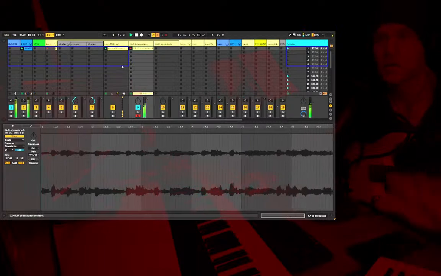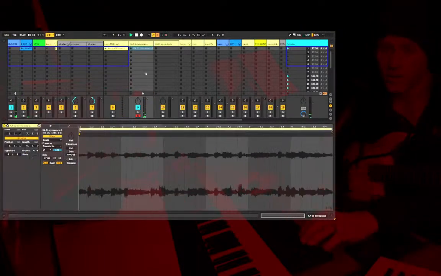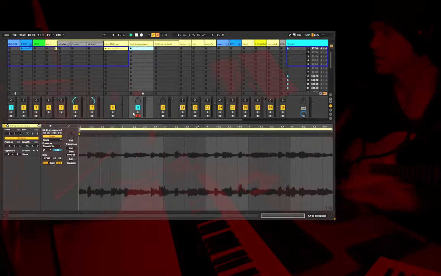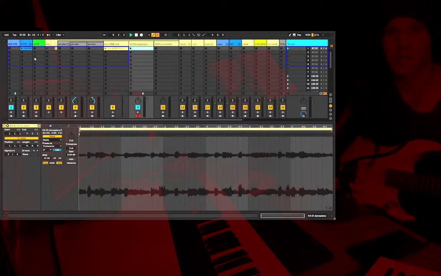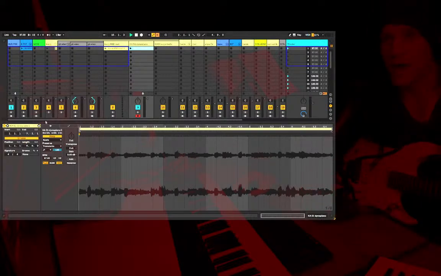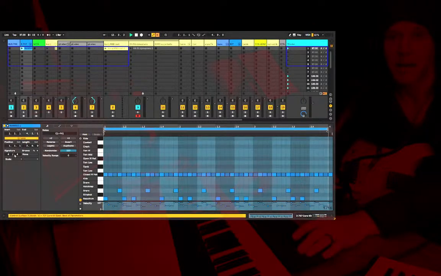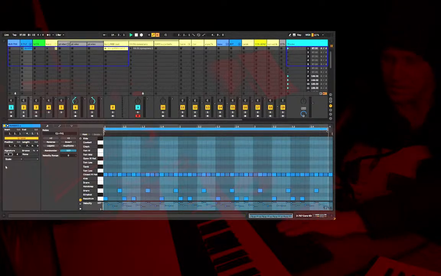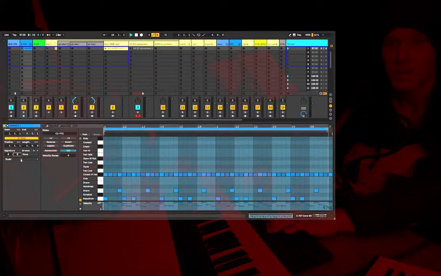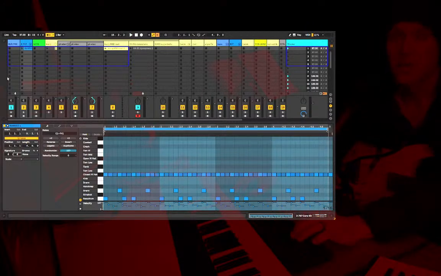2, 3, 4. Okay, so we've got a weird kind of conflict of time signatures here. On the one hand, we're playing back 97 BPM in a 4/4 time signature, and on the other hand, we're playing back 6/8. So if you were to do the math, you could figure it out. It's going to be, let's see. That's right. Now, if we change this to 6/8, we should get